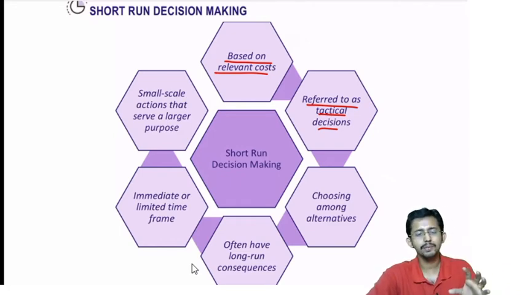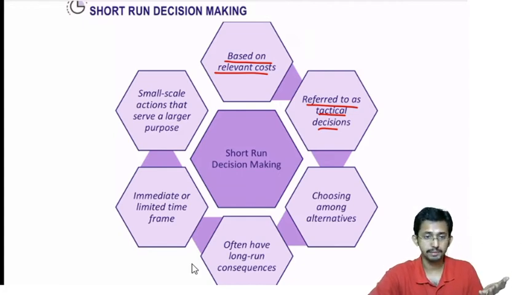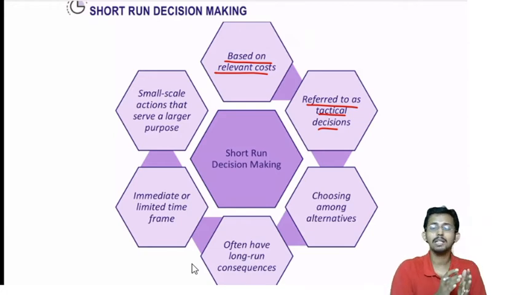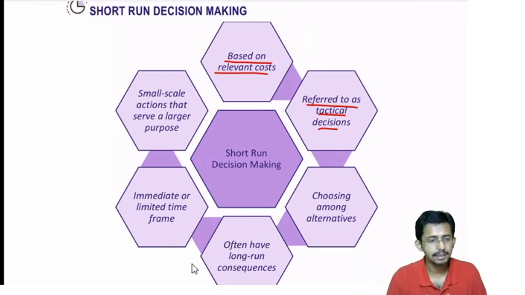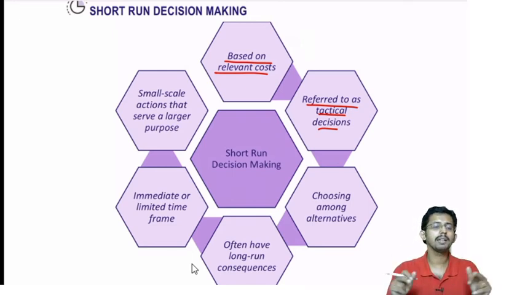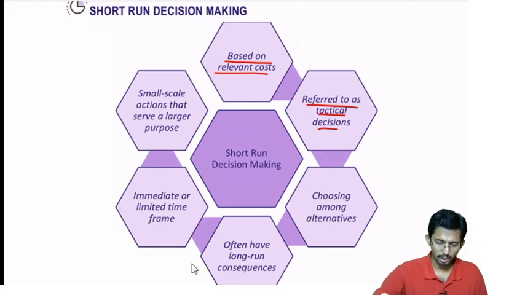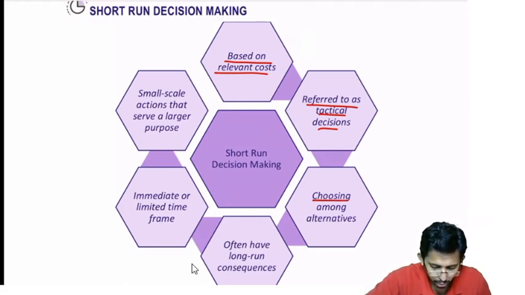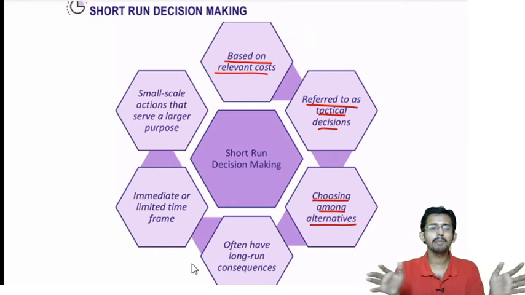Strategic decisions generally refer to long run decisions, or decisions which have a long term impact, because they are associated with your strategy. If you are fixing a price of your product for 2 years, it is a strategic decision, or for 1 year, it is a strategic decision. But if you are pricing your product for 1 month where there is complete disruption due to COVID, it is not a strategic decision, it is only a tactical decision which you are taking for a short term. Is it clear? Such short-term decisions involve choosing among alternatives. You have alternative 1, you have alternative number 2. You are selecting between these two alternatives.